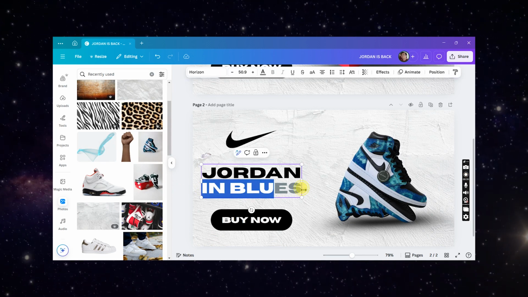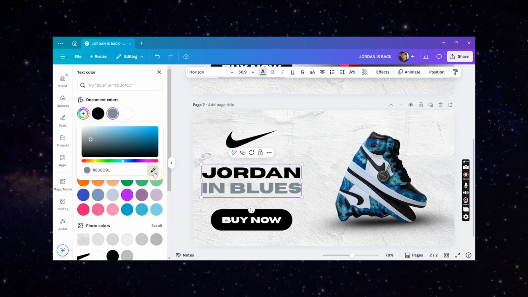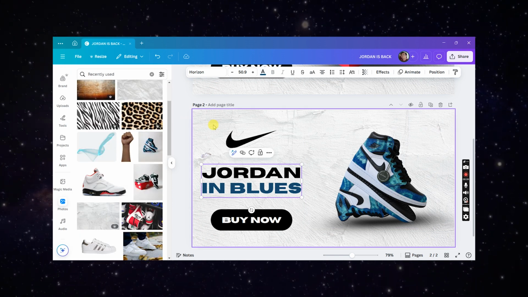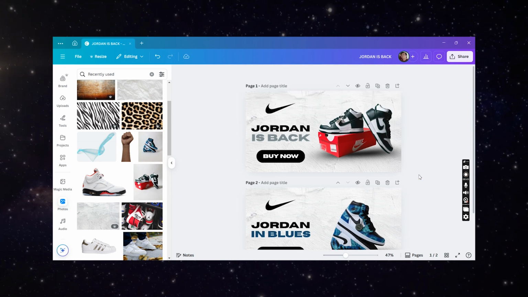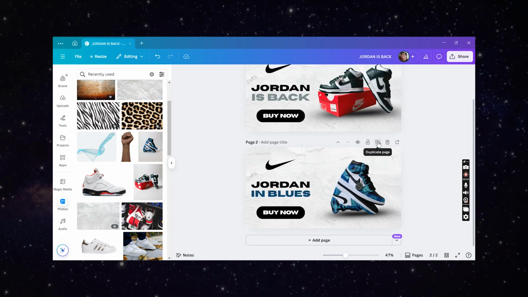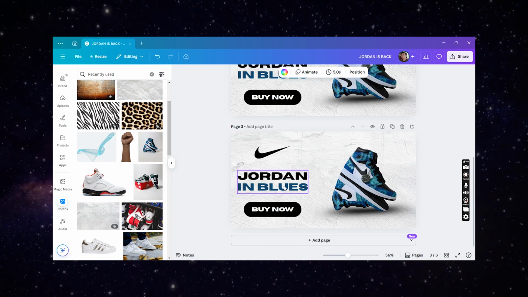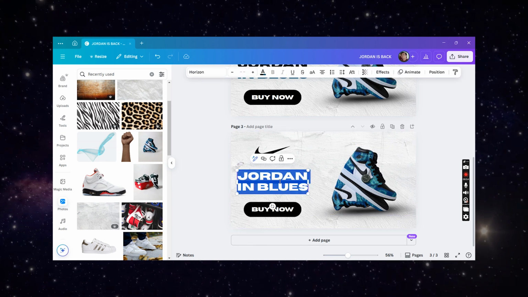Okay, let's color this blue, just the same as the shoes. Okay, I'm gonna pick my color picker, drag it to the shoes. I have the blue there. Okay, and then duplicate this layer again. Maybe put here the end date of the sale, right? Maybe we can do